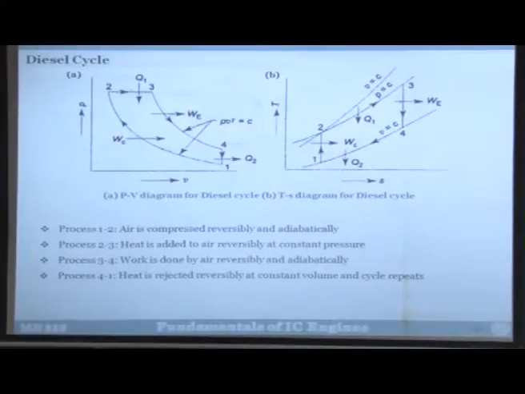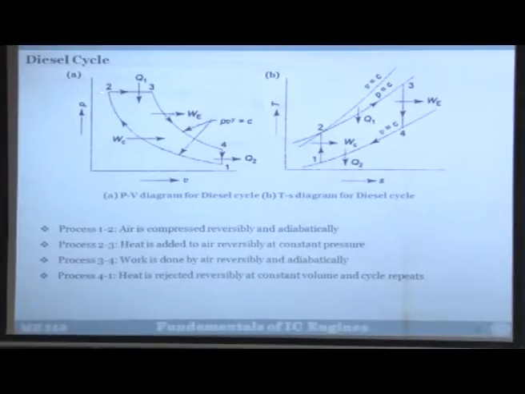This is the compression process on a PV diagram and this is isentropic compression. So, you can see the entropy remains constant. Once the entropy remains constant, the temperature increases. And from this point you have two options: either heat addition at constant volume or heat addition at constant pressure. If you follow this line, this will be the Otto cycle. And if you follow this line, this will be the diesel cycle. Now we are talking of the diesel cycle, so we will follow this line, P equal to C.